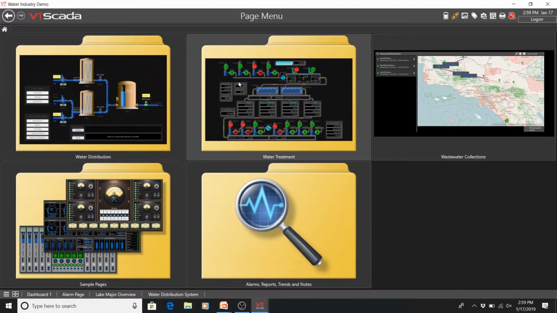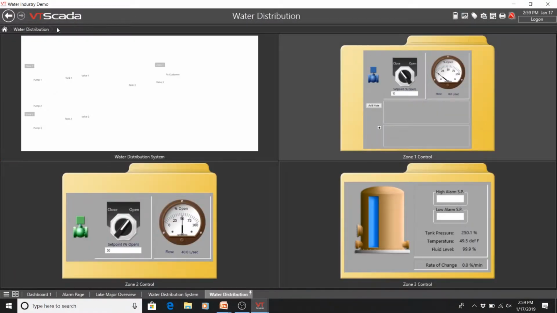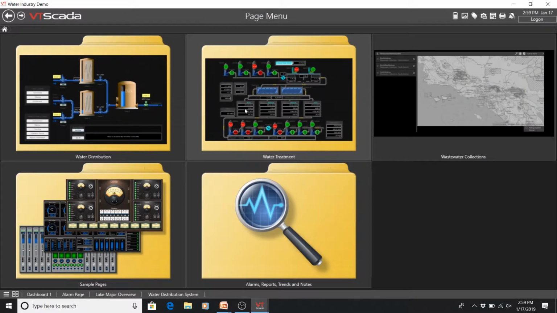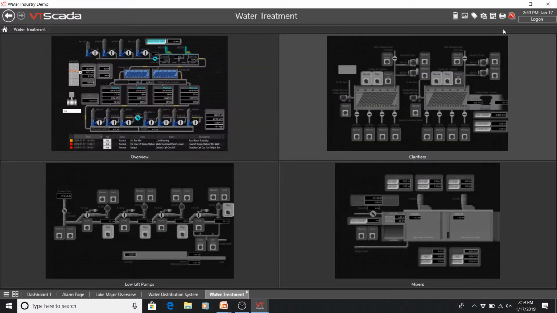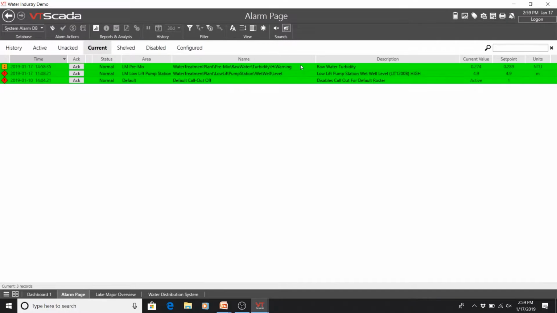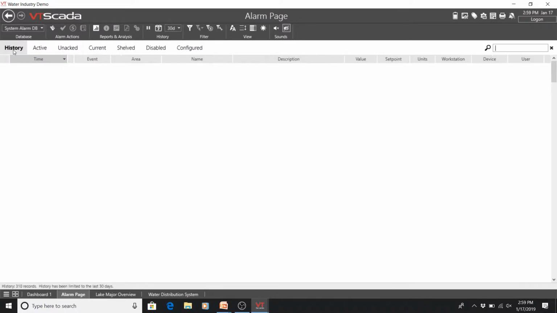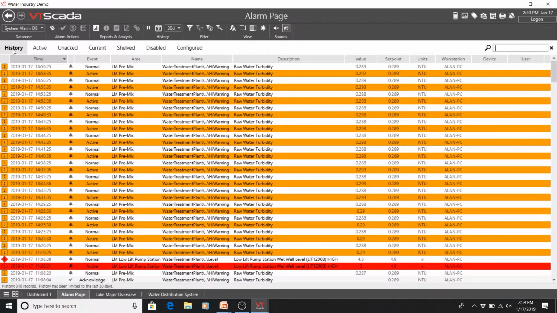I know it's going to be a little bit smaller to see, but that's okay. So I'm looking at a water plant, for example, or water distribution in this case, or I can go back over here to this one here. That's fine. I want to key on the alarm summary area. And if I look at my normal set of alarms, you can see there's tons of them.